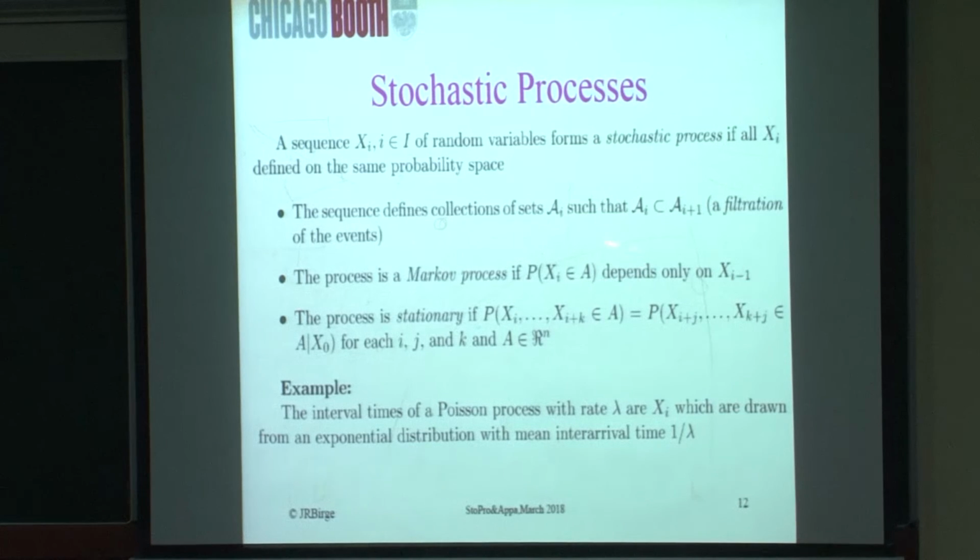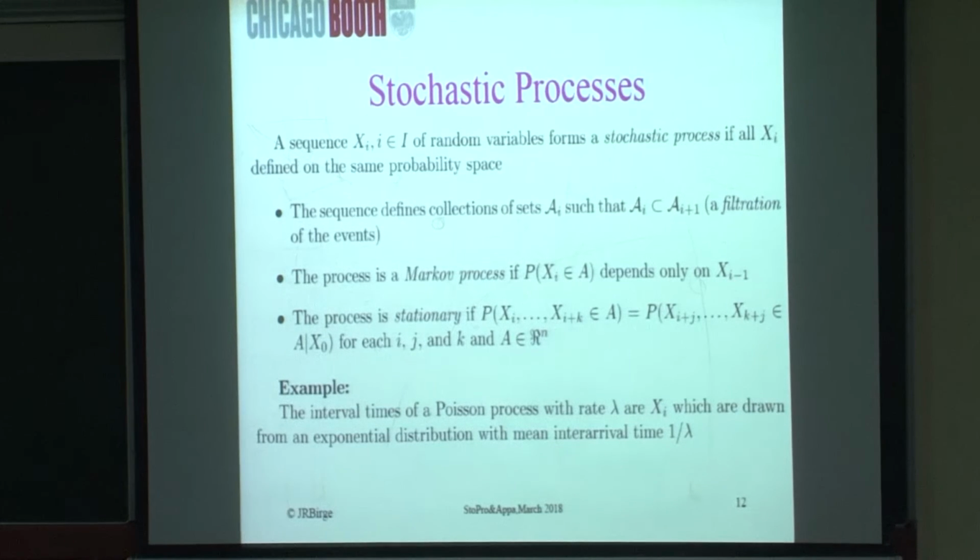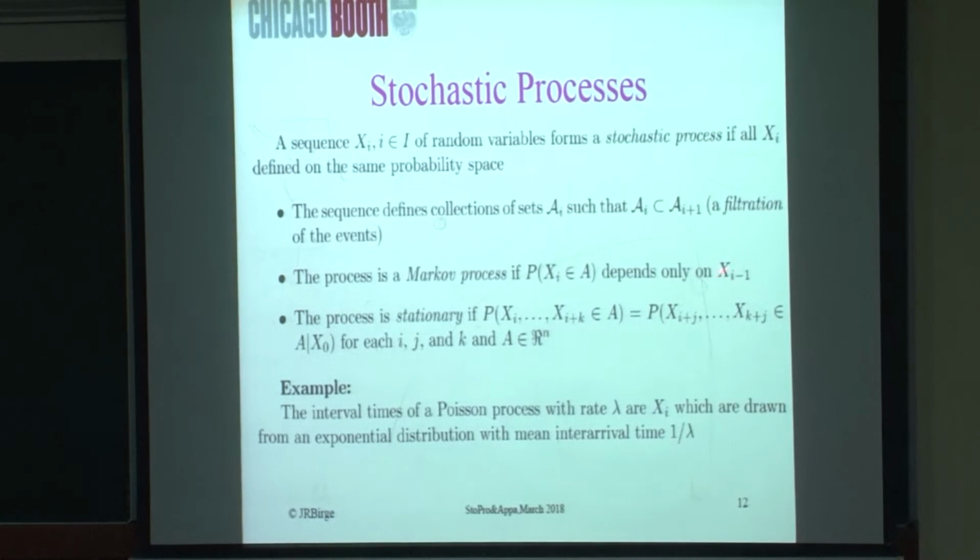So if I condition on all the observations that happened up until time i, it would only depend on observations up until time i minus 1. So everything is contained in whatever the value of the process was in that previous time step. So Markov process,